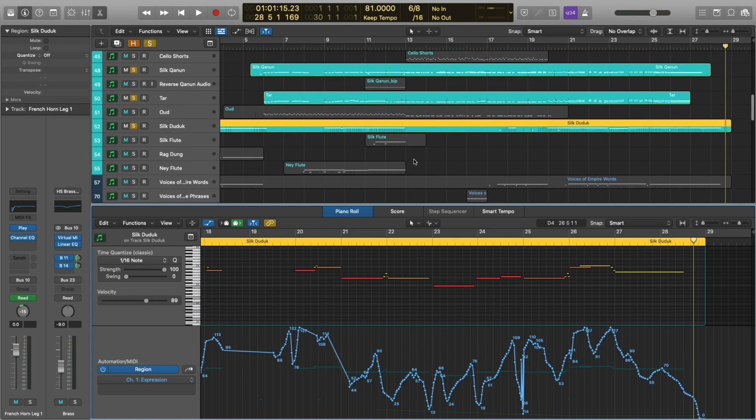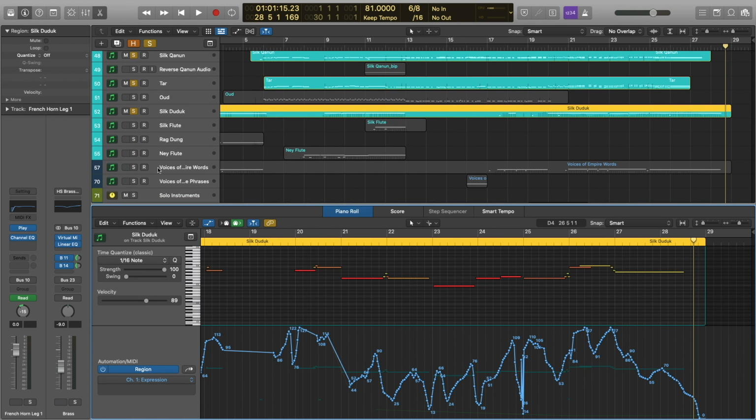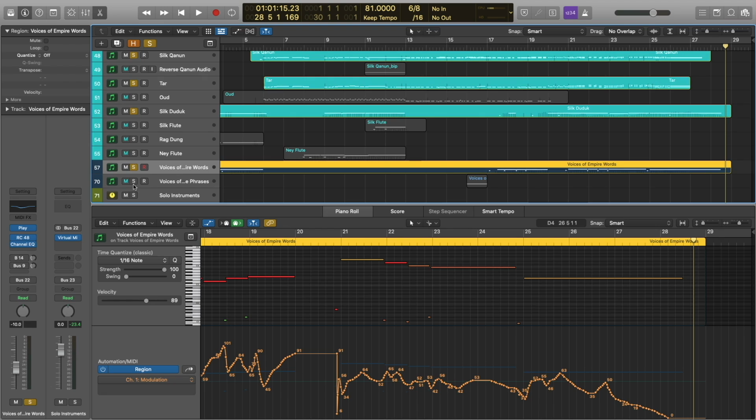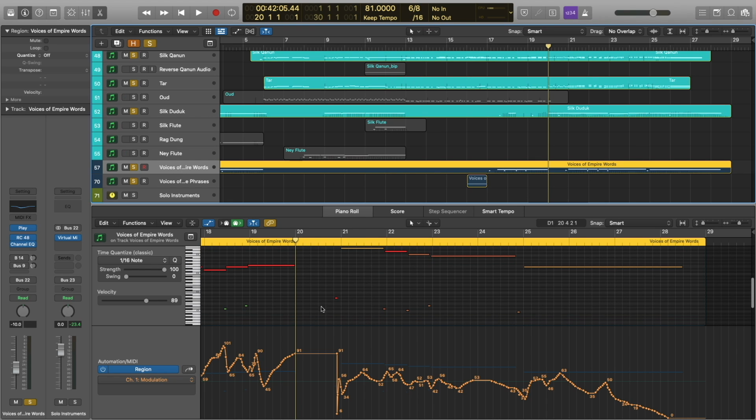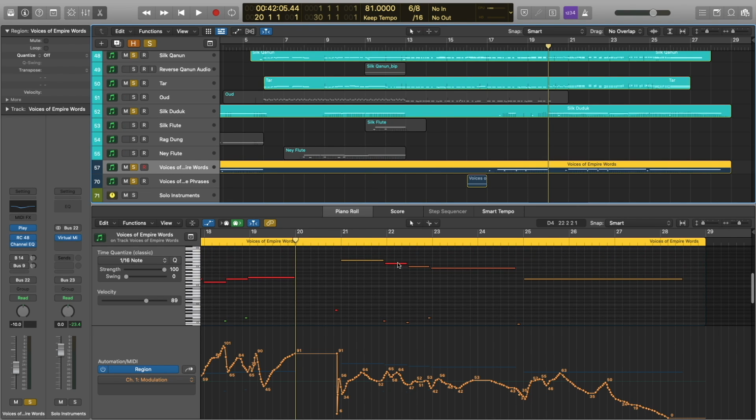And let's go ahead and add the Voices of the Empire. Once again, notice that there is some key switch programming going on here. So each one of these is going to be a different word or phrase.